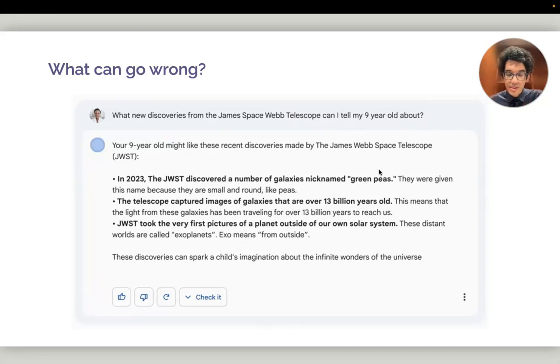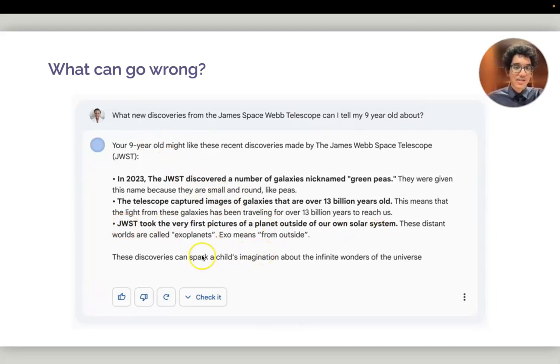There have been some interesting instances, though, where things go quite wrong. Right? So this is one of my favorite examples of what can happen when you don't really understand what's going on in these kinds of models. So this was from the demo where Google released Bard, which is the ChatGPT alternative. Right. And in this demo, they were trying to highlight how cool this chatbot is by asking, what new discoveries from James Webb Space Telescope can I tell my 9-year-old about? Right. And these are all kind of neat facts. And the only issue is that this last one is not true.